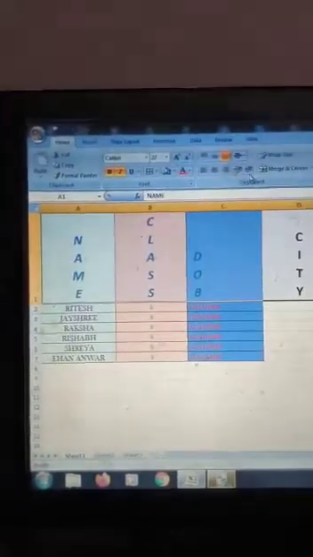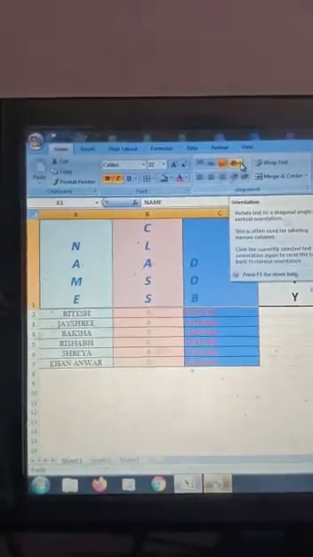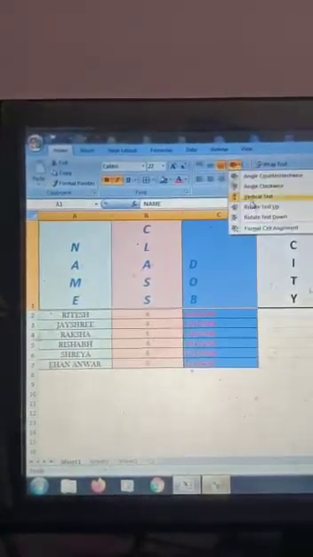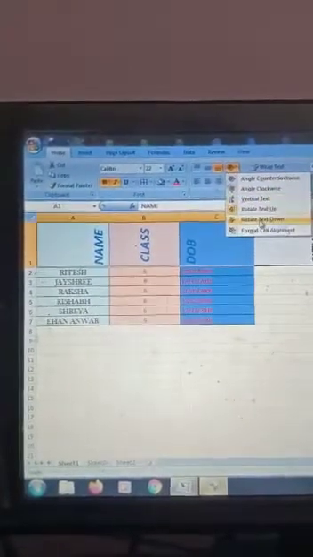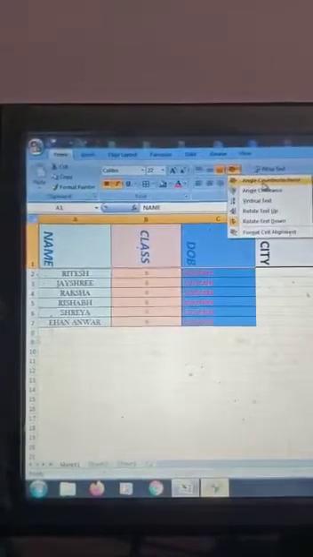Okay, if you want to select it all, whatever you want, then you can easily do it. Okay student, I think all of you understand how we can change the orientation.